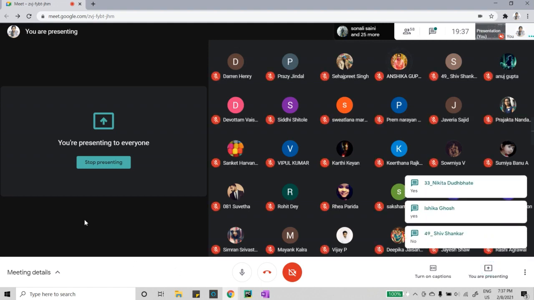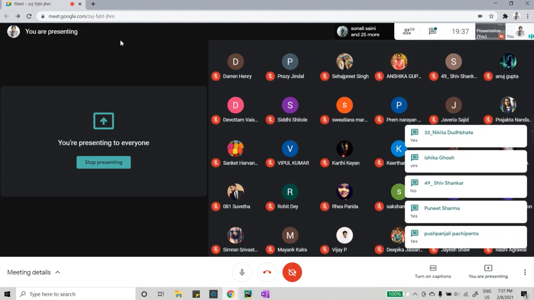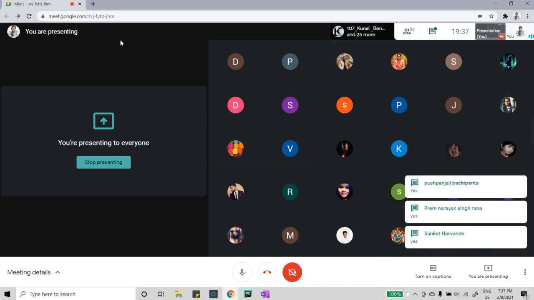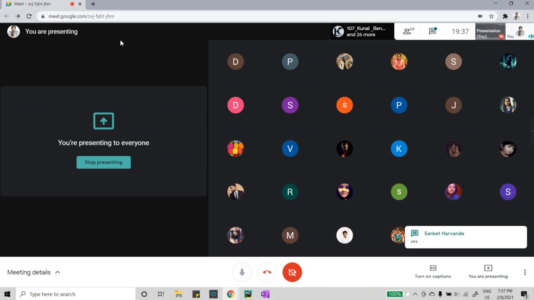Okay guys, so now let me introduce you to the environment which we would be using for our Python codes which we would be writing. For the Python project which we would be making, we would be using another environment. But let's not go into that because that's a later thing. For today we will be dealing with only Python codes. So the environment which we would be using is Google Colab.